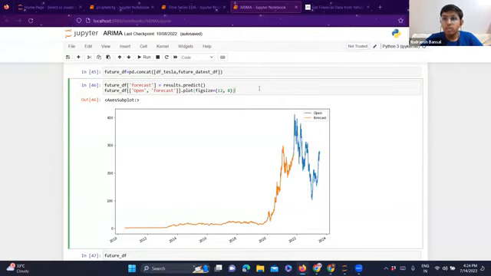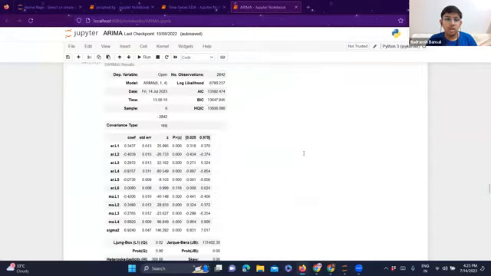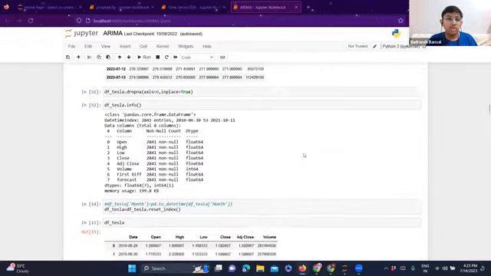Even Prophet is not that good a model. It's quite easy to implement, but we have got models which are much more advanced than Prophet. You can deal with decimal values, point values in accuracy. You can come so close to the actual value if you select the correct model, especially from the TSAI library, which has many more models for you. Also, something to get data from here is Yahoo Finance.